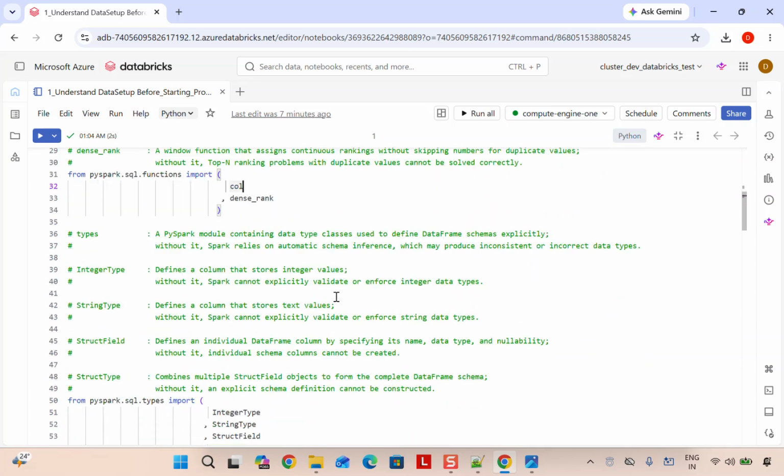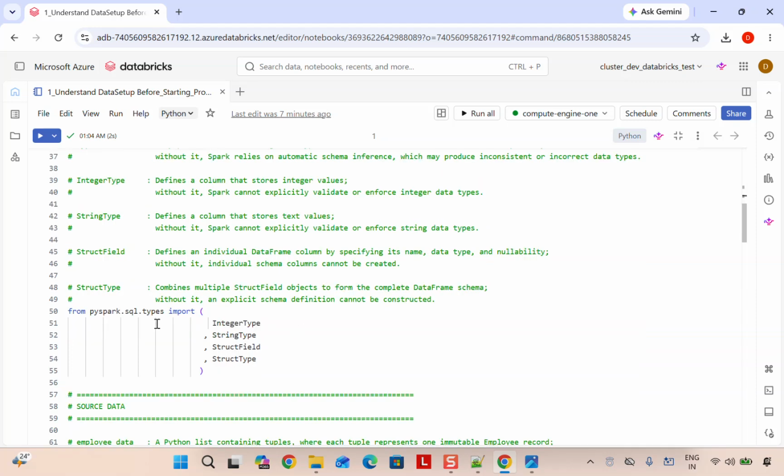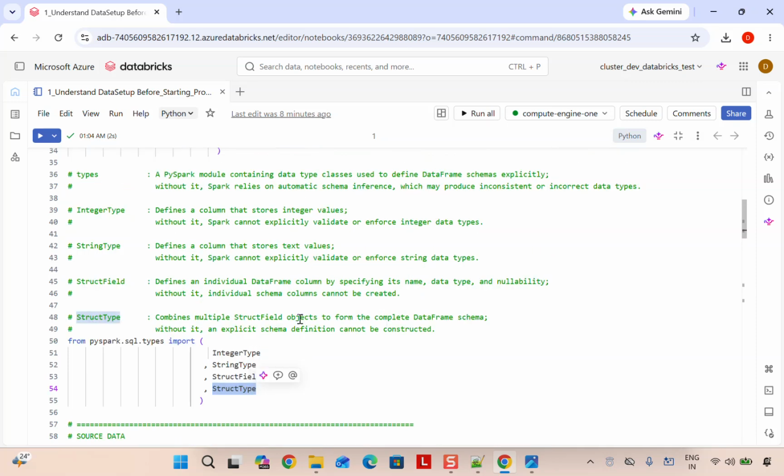functions, right? Now obviously, since we are going to define a schema for the dataset that we'll be building, for that we need to import the data types, right? Here, if you see, integer is a data type, string is a data type, struct field, struct type. What are all these, right? So let's try to understand what are all these. So if you see here,